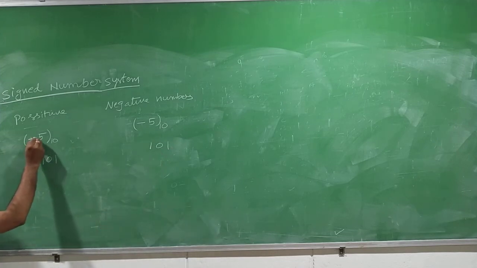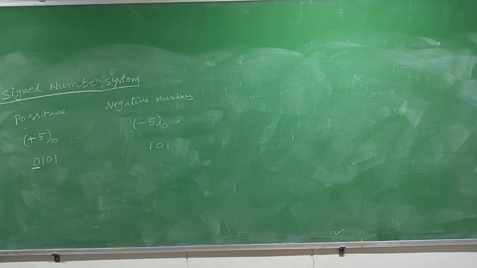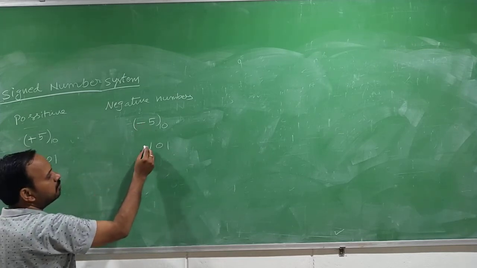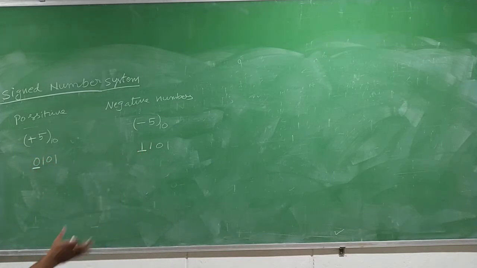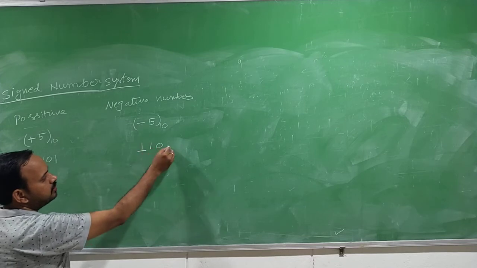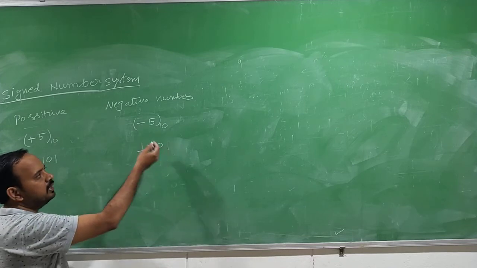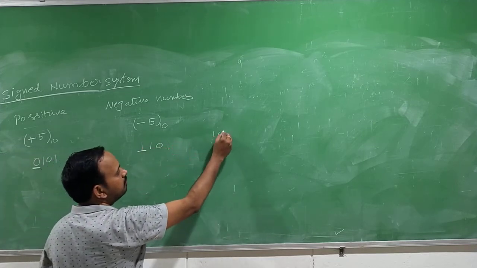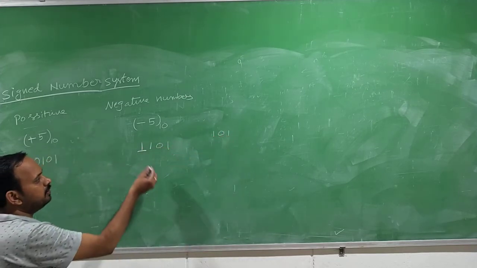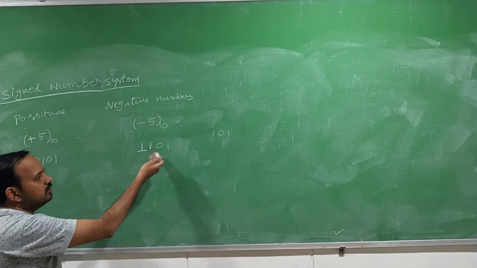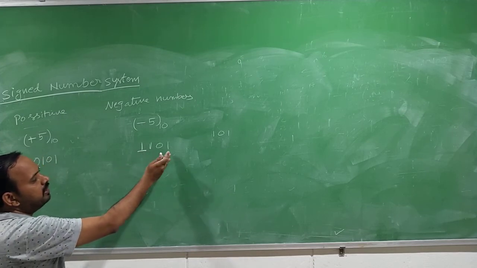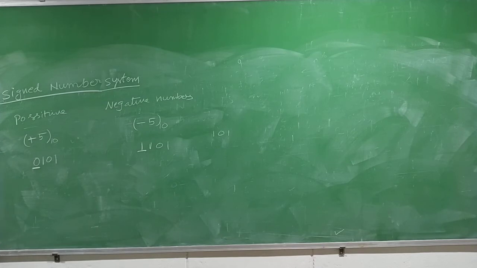Here also 5 means 101, right? But to represent this positive sign, I am adding one more position. The positive sign I represent with 0, and for negative, the extra position I add is 1. When you look at the number 1101 directly, you cannot say it is a 5, because the minimum number to represent 5 is 101. Actually it is in binary; if you look at this number in binary, it is 13. So to avoid that confusion,